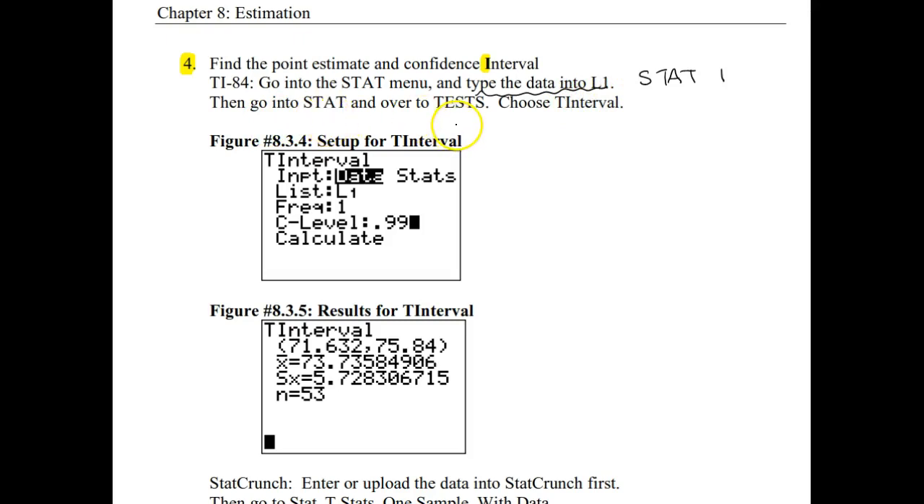and then we're going to go into stat and over to the test menu to choose t-interval. We have data, so we're going to highlight data, and again if we put this data in L1, we're going to tell the calculator what list we put it in. So you don't have to put the data in L1. You could put it in L2 or some other list, but then you would just need to tell it what list you put things in. Frequency here, the default is 1, and we never changed that in this class, so that should still be set to 1. And in this case, we wanted a 99% confidence interval, so our confidence level is 0.99,